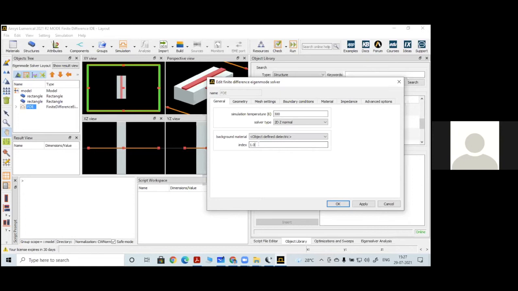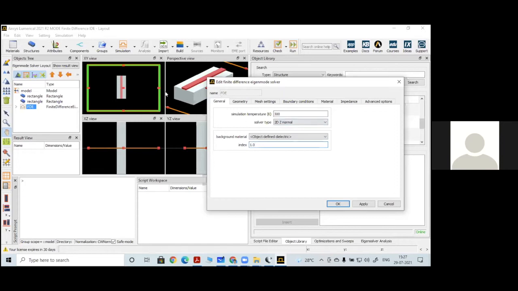Now I am not interested in changing that, because I want to know the waveguide parameters. So by default, it will be simulated in free space, so the refractive index will be as it is. Now this propagating direction is y. So y means the two-dimensional view will be z and x.